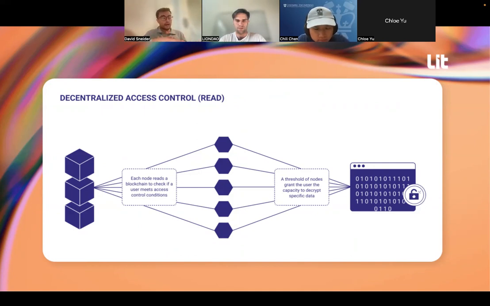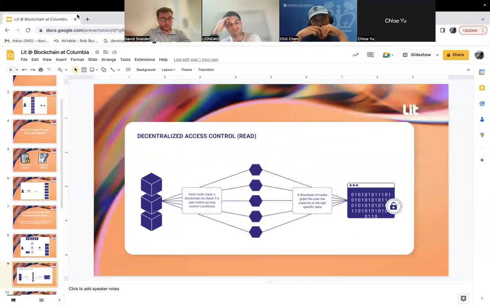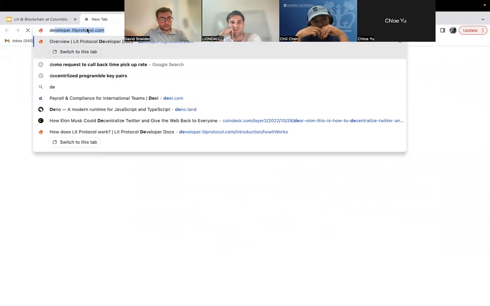On the read side, the network is used to provision decryption keys to users. Let's say you have a scenario where Alice encrypts some data and says to the network, hey, only let a person who's a member of the Lion DAO decrypt this data. That encrypted data gets stored on IPFS or wherever. The symmetric key associated with that video, let's just say it's a video, maybe even this video, is encrypted to the Lit network and associated with a set of rules. And I'll show you what those rules look like.